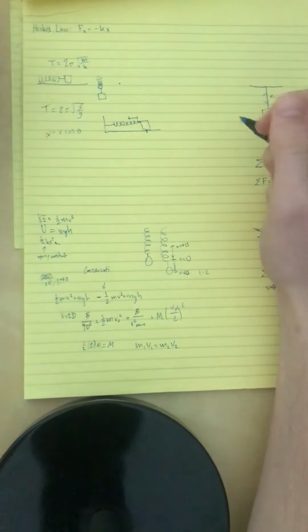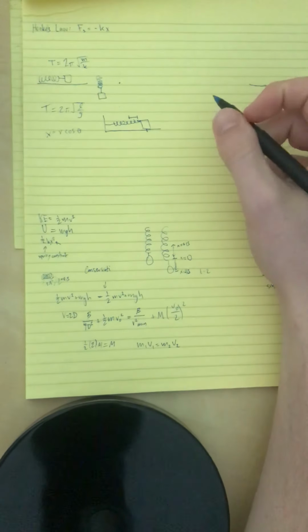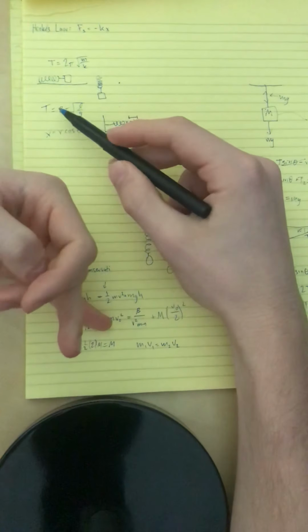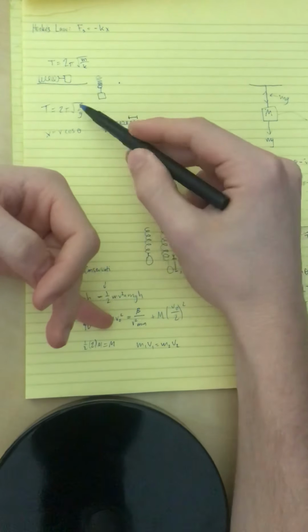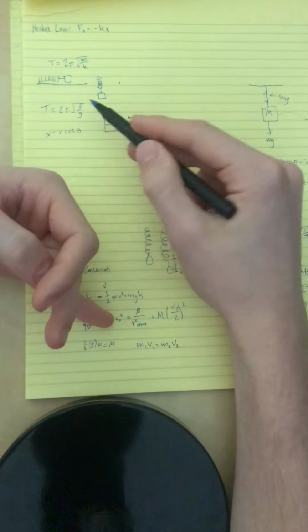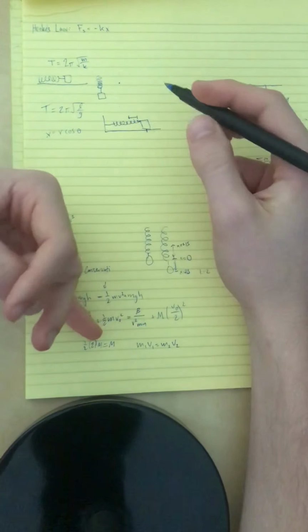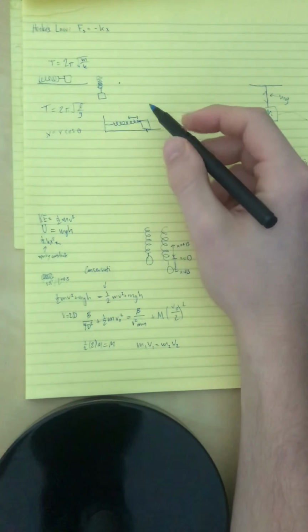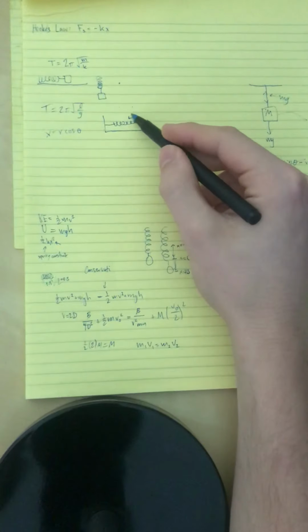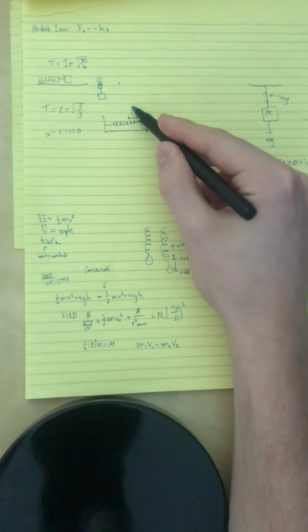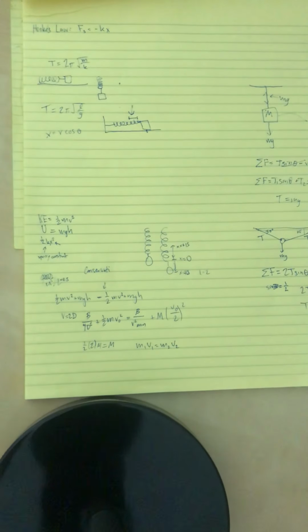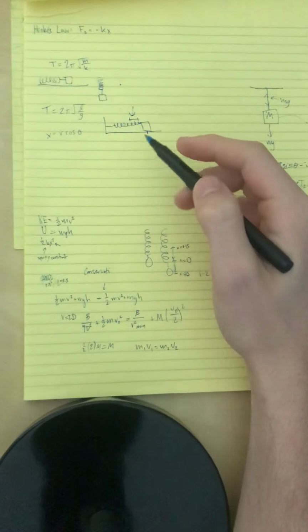So now I just want to talk about another way to find the period. So another equation for period is 2 pi square root of length L over g. So length would just be talking about this right here, how much it's compressed or pulled out again. And then in something like this, to find